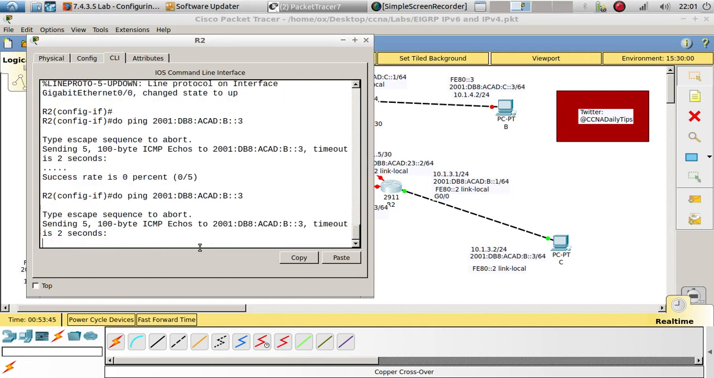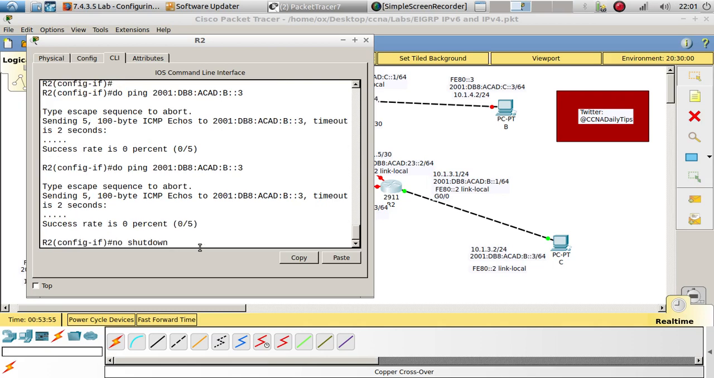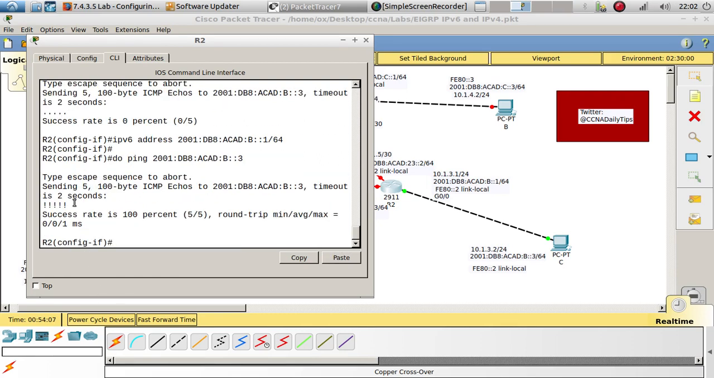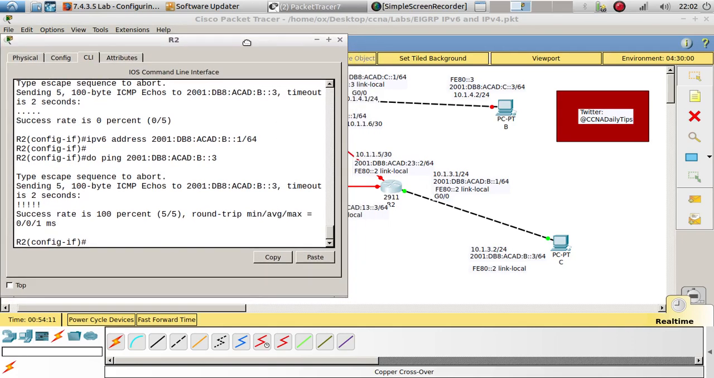So what I could do is, when this is done pinging, we actually need to go right here and paste this interface. And now we should be able to ping PCC. There we go. So we're able to ping PCC. So that's good. Now let's go ahead and configure the other